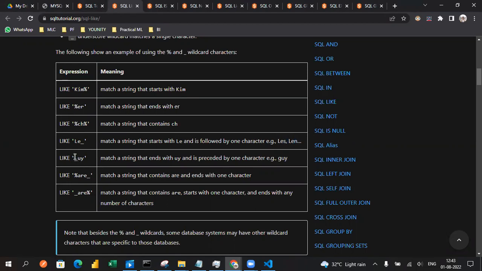Similarly, if you specify it at the beginning, it ends with u and y, and the preceding part is going to be one character. Suppose GUY, like the word guy, it will be found in your column values. Similarly, you can see the pattern with percentage, ER, and underscore that contains the matching kind of word with one